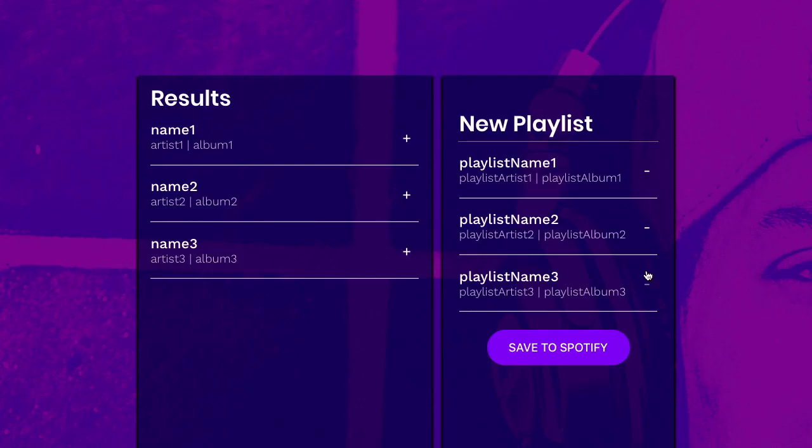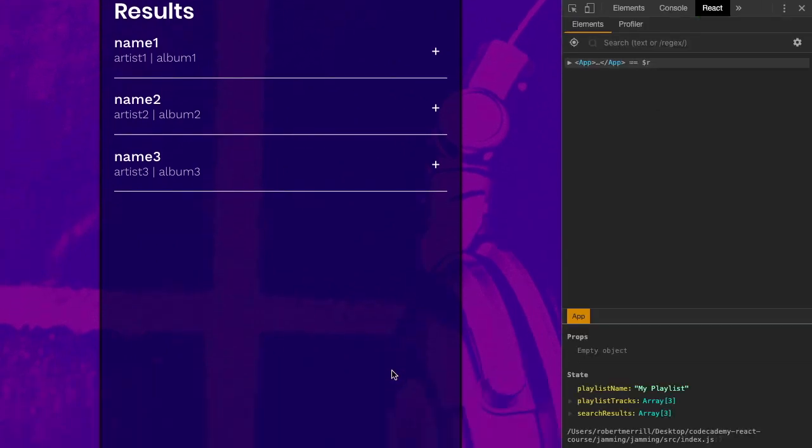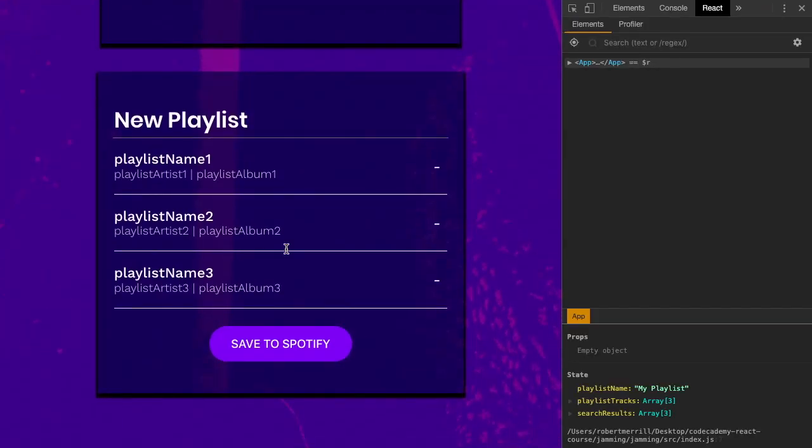And let's head back to our page. So now if we look in our React Dev Tools, what we want to make sure is that we're able to accomplish that when we click the minus sign, a track is removed. So currently the state is being stored here in our app component. Playlist track